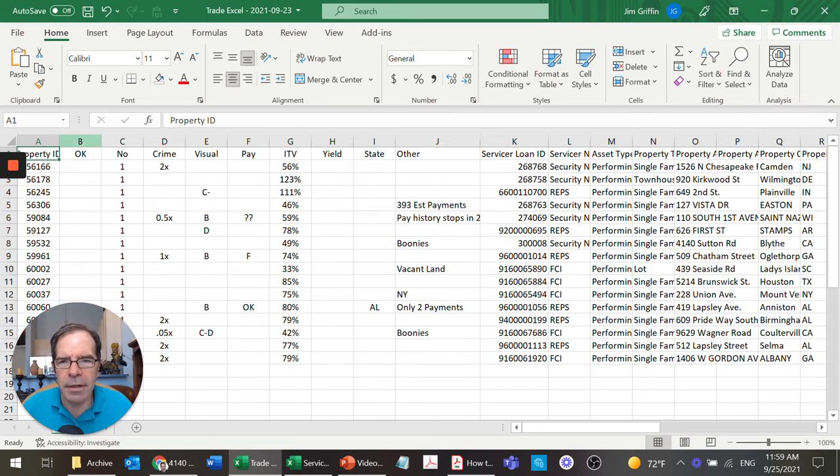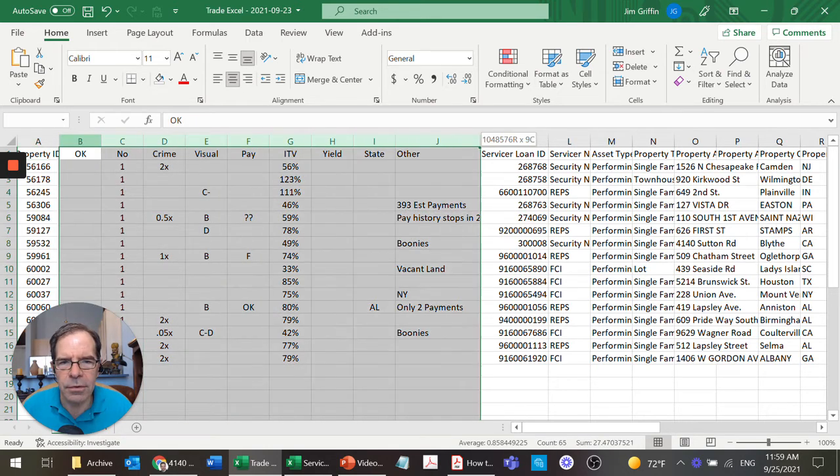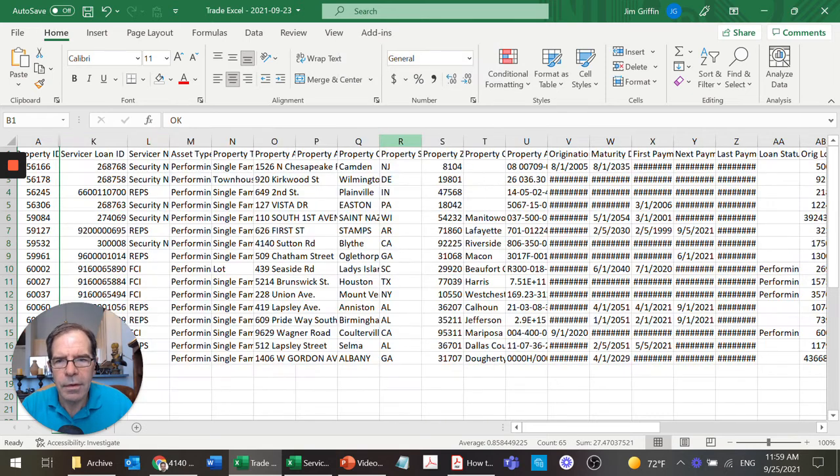So if I get a file, here's a typical file, it's usually going to come to me looking like this. It may look different from different sources, right? But it's going to have all this stuff, and you can see there's even stuff I can't read here. It's all X'd out because I haven't adjusted the columns. I don't want to waste time